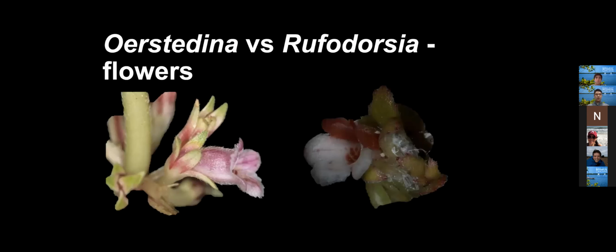Here, the Orsina flower is uniformly reddish pink, but Rufidorsia is dark red on the top, but white with very small red specks in the bottom half of the flower. It looks like the Rufidorsia flower has a distinct red roof on top of the flower, which is very significant. The Rufidorsia flower also shows a sharp contrast between the colors of the flower in comparison to the Orsina flower.